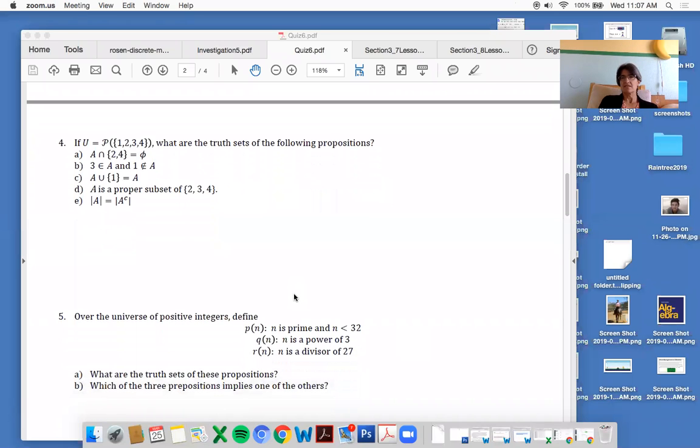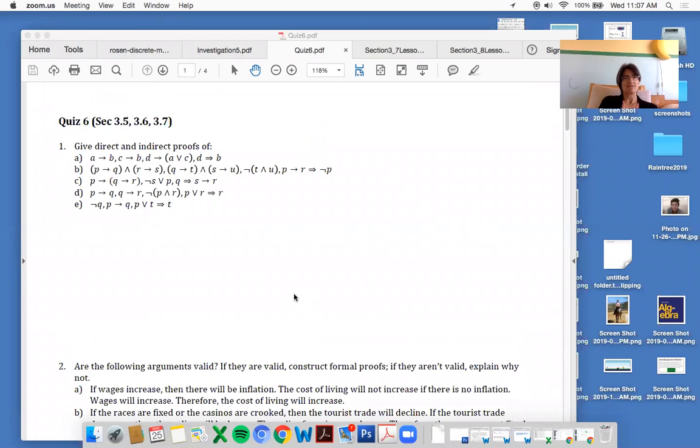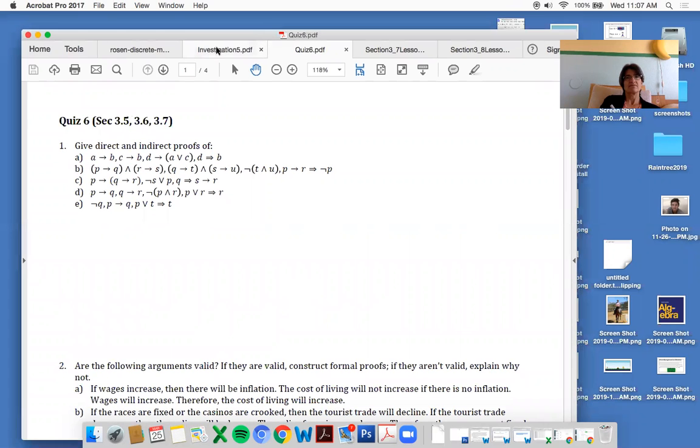All right, 1C. Okay, let's look at 1C. So, indirect proof. We have our propositions,